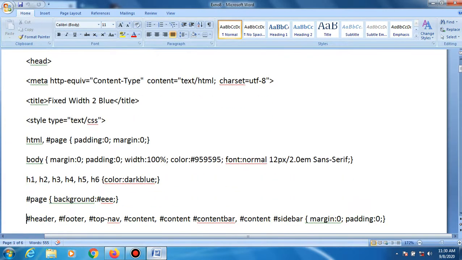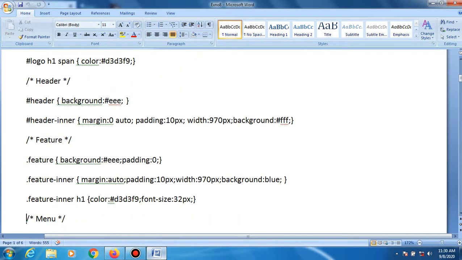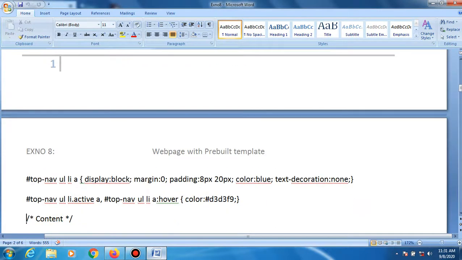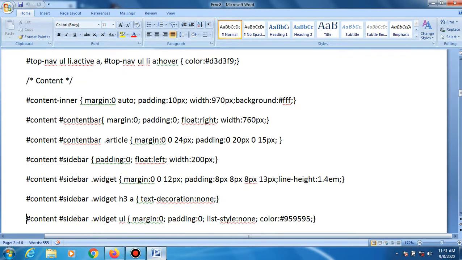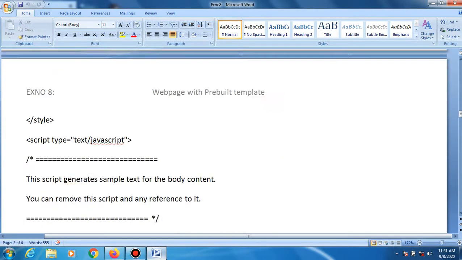Already I sent a PDF copy of all programs to you through the Google Classroom. This program's PDF copy was also sent to you through the Google Classroom.